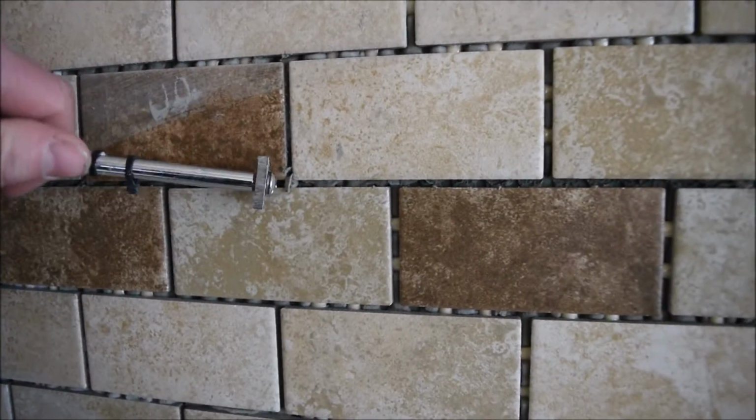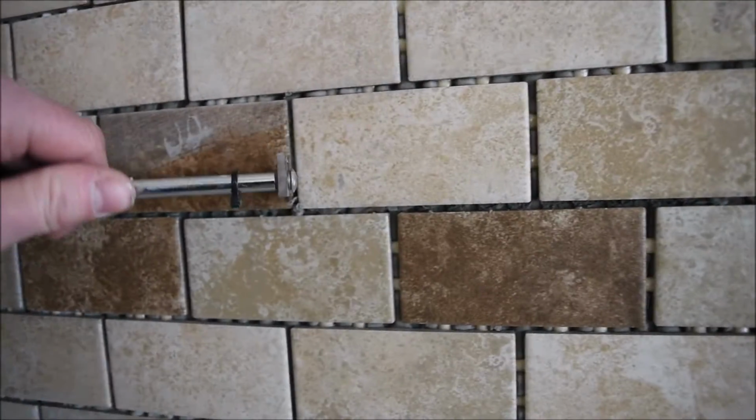Works pretty good, but you look at the tile joints that I have to do, and you don't have to do every one. You just have to do the ones that have mud in them, but that is a lot of territory to cover. You got to get right up in the business here. Right there's a chunk hanging out. That's an easy one, it just breaks off. But some of it,